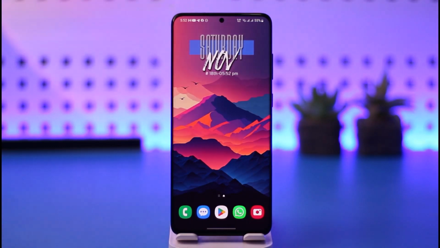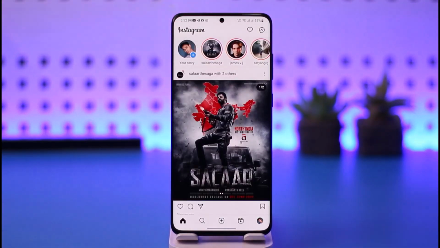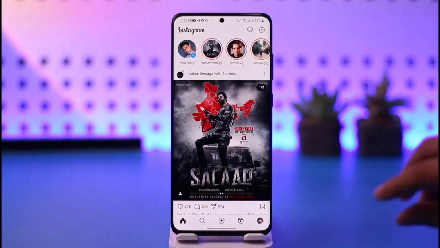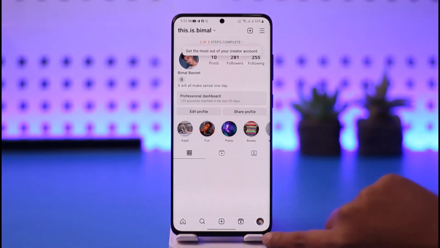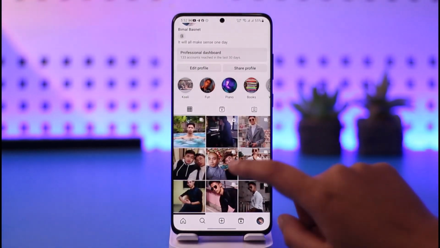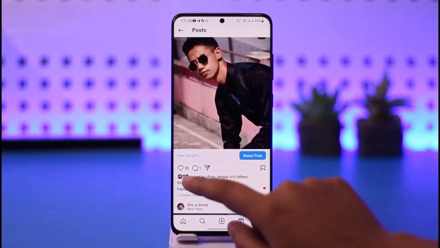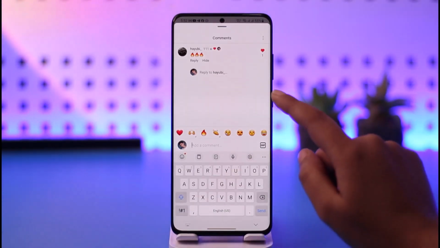For the matter, the first step would be for you to simply access your Instagram app. Once you have done so, this kind of interface is going to appear, right? So let's say you go to your profile icon in the bottom right corner, and you'll find your profile's information, including your posts. Go ahead, choose any post of yours, and within the comment section you can find you do have comments,